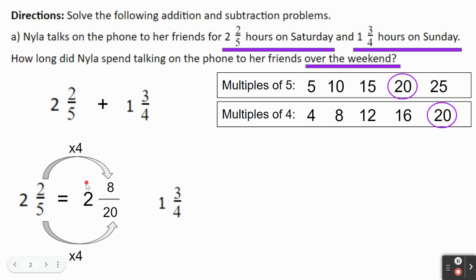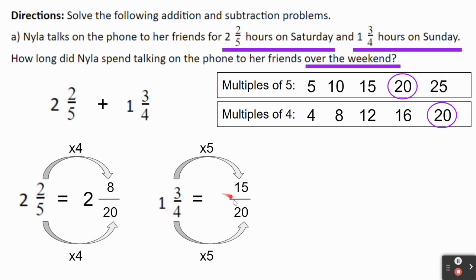Now let's do the same for 1 3/4. We're going to rewrite this so that the denominator is 20. So we know that 4 times 5 equals 20. Since we're multiplying by 5 on the bottom, we're going to multiply by 5 on the top. 3 times 5 is 15. We can see that there is the 1 whole in the front. So in our equivalent mixed number, we are going to put 1 whole in the front as well. 1 3/4 equals